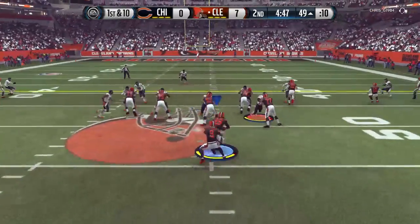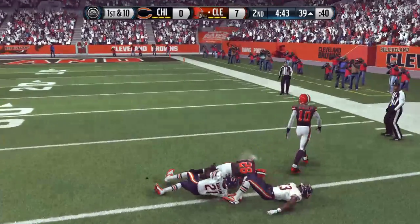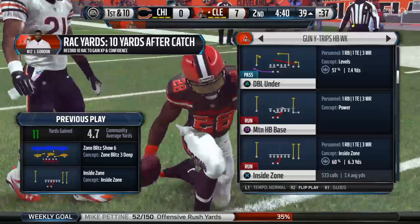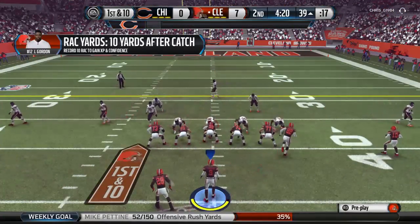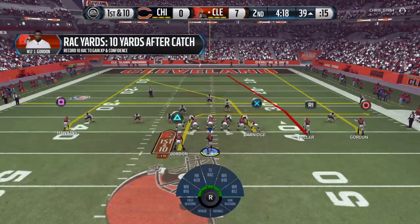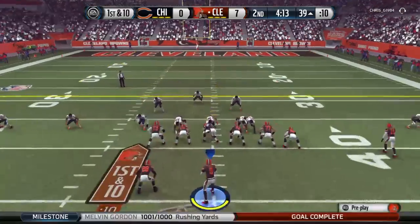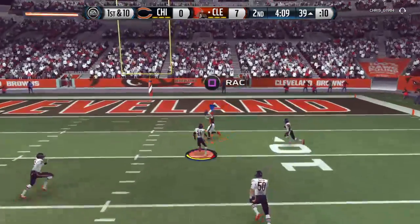1st down and 10. Gordon's going to take the handoff now. And that's a gain of 10. He's now over 50 yards rushing on the day. The Browns have fallen back on what they do quite well, and that's run the football. Gordon's hovered at or near the top of the league in rushing yards this season, and he's getting it done again today. I'll tell you why he's getting it done again today, because up front he's got a...